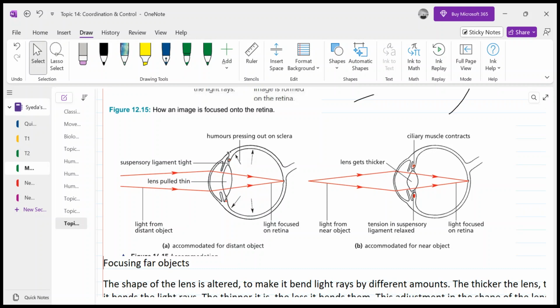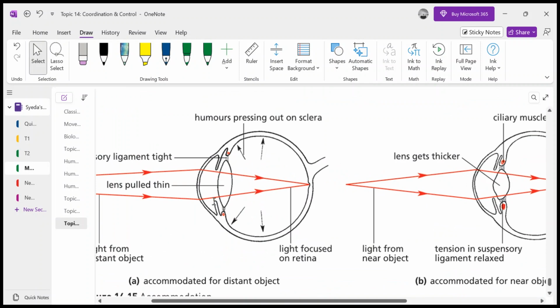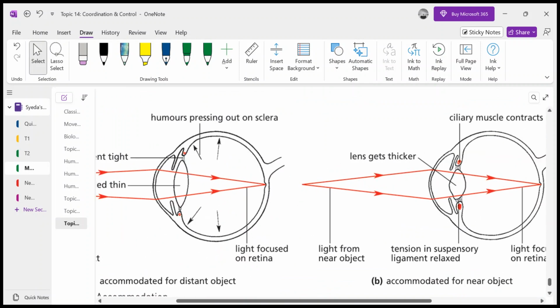So, suspensory ligaments and ciliary muscles are those structures of the eye that help to change the shape of the lens. Now, in the pupil reflex, the size of the pupil was changing in dim and bright light, while in lens accommodation, whenever we are seeing any nearby or far object, the shape of the lens is being changed. As you can see in this diagram, this lens is more elongated and this lens is less elongated, rather it is bulging, more curved.